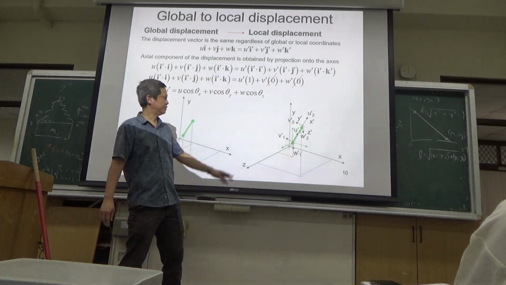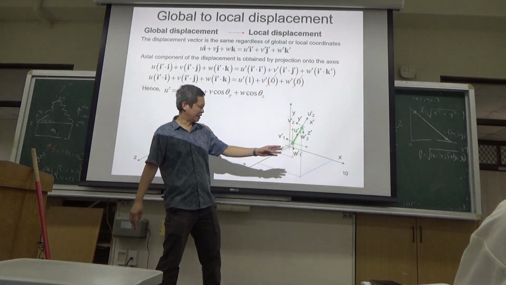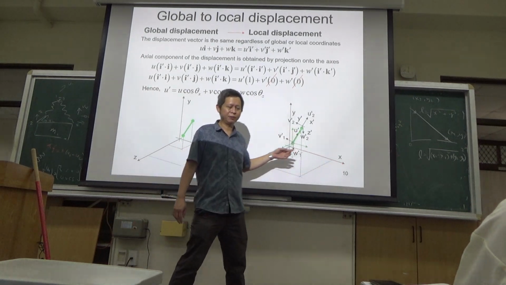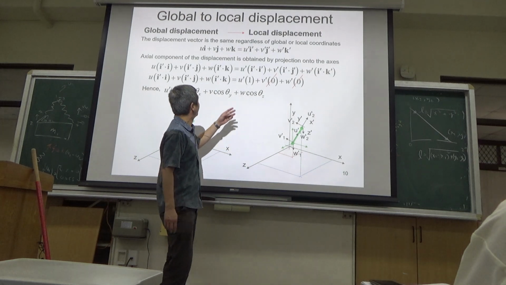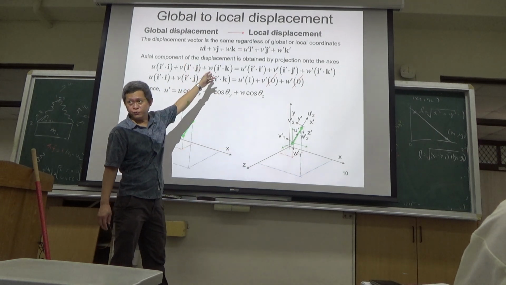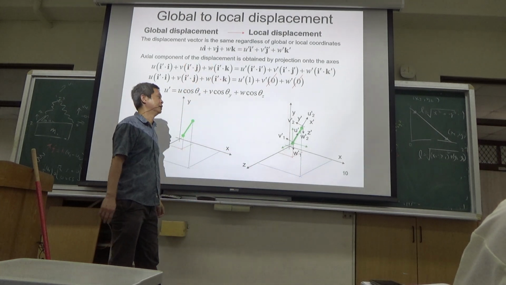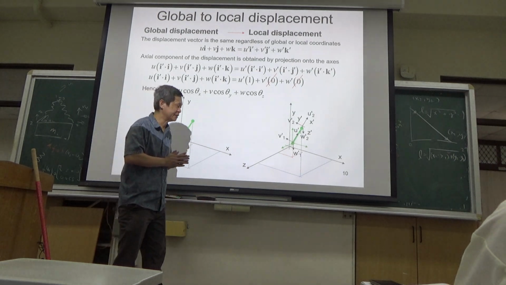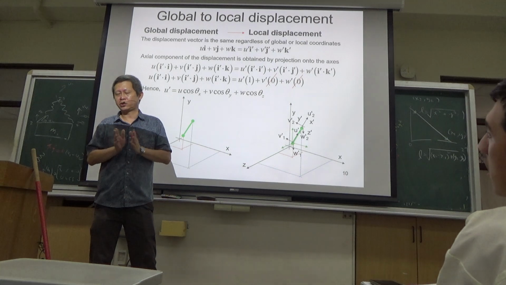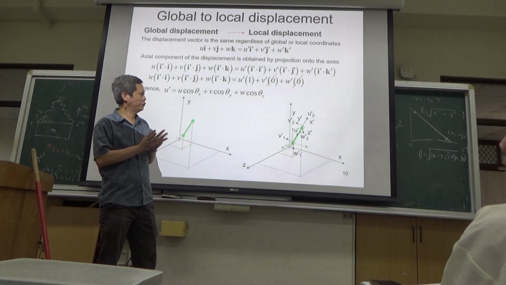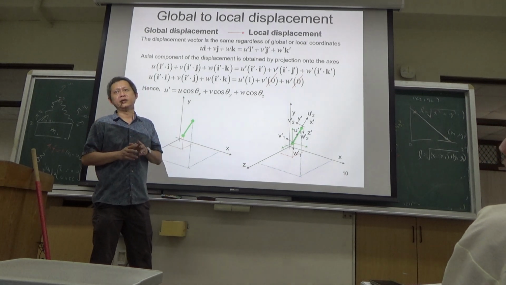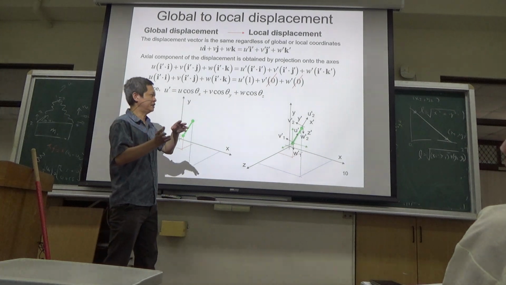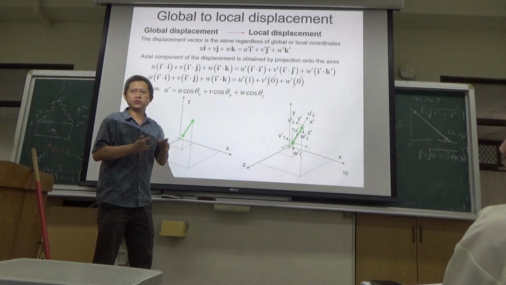Your displacement on each node can be expressed parallel to the global coordinate. You have your u, v, w. But now, to handle the force along the truss, you can't use the global coordinate. You have to project the global displacement to the